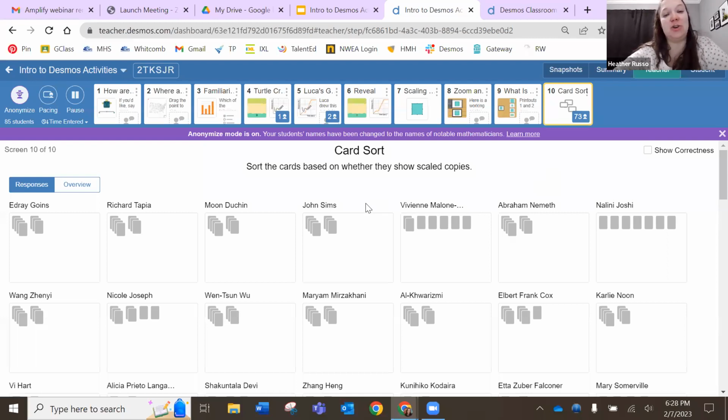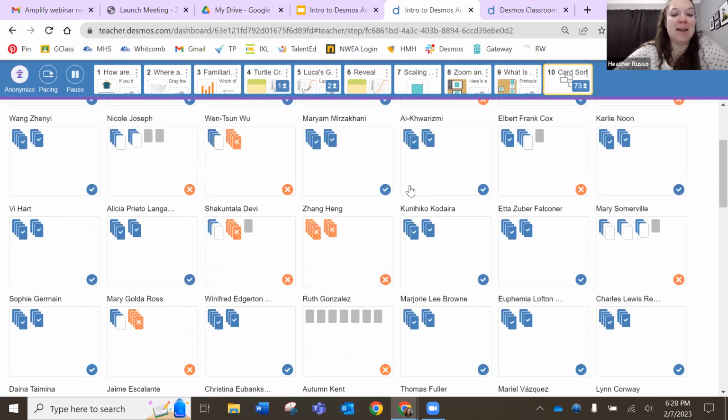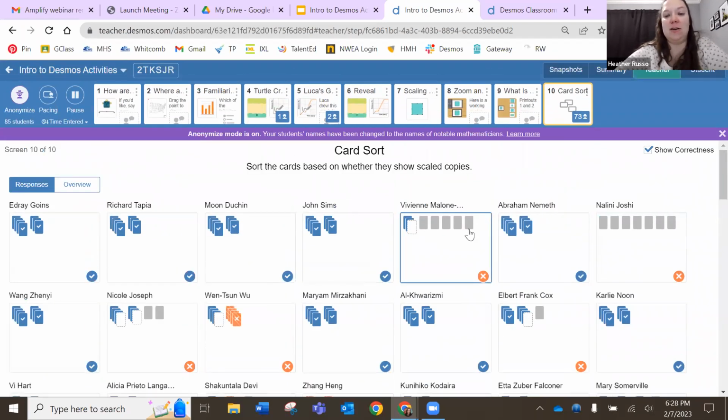So I just wanted to show you one thing from the teacher lens. If you do a card sort that does have correct answers, then as the students are working, I can choose this button on the right-hand side here that says show correctness, and I can do a quick scan of the class and see how we are doing. Any of the gray cards that are left just means they haven't been sorted yet. But the blue ones with the check marks means that they were correctly sorted,